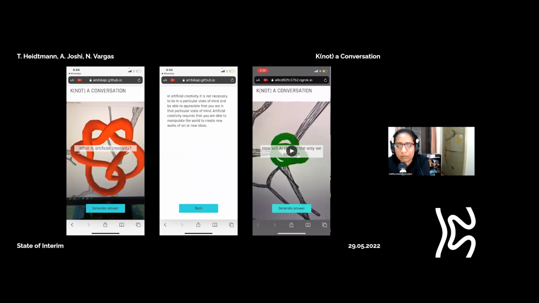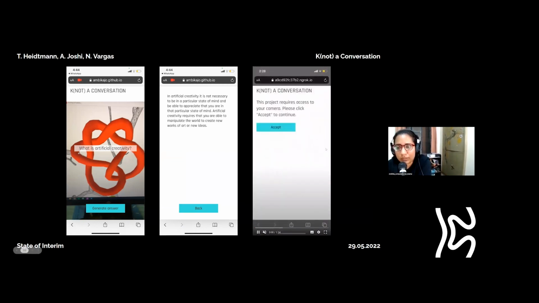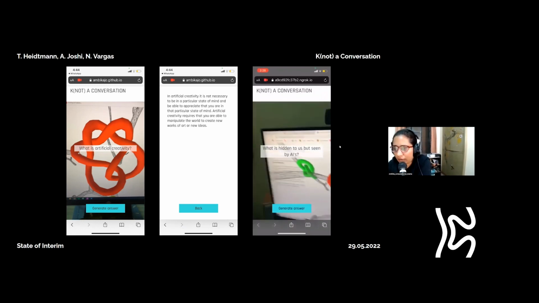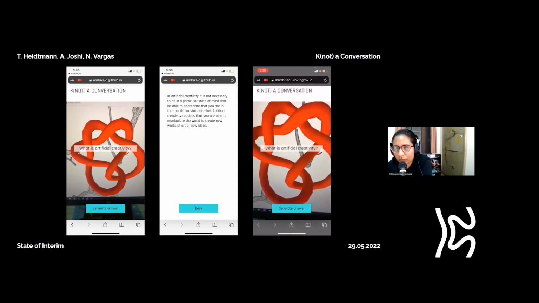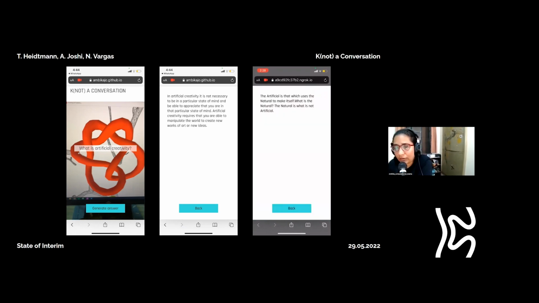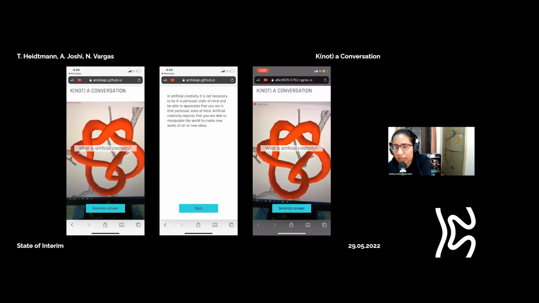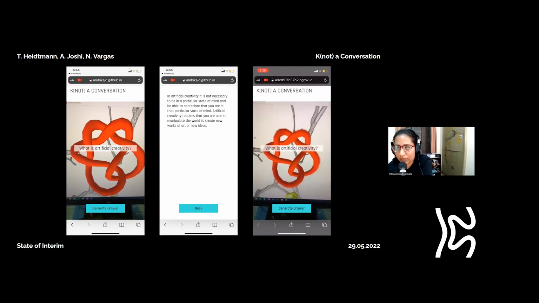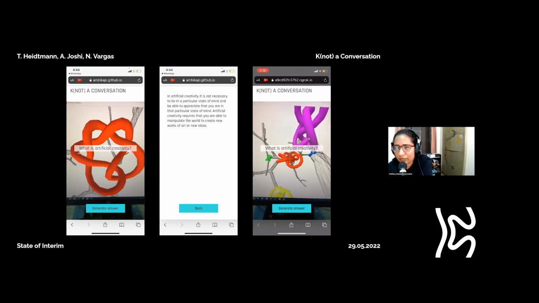This is more of a behind the scenes of the building of the app. But once you're in the app, your walkthrough will be pretty simple. This is the camera view that you'll get. You can aim your phone camera at any of the particular knots in the sculpture, and it will push a small question, here it says, what is artificial creativity? And as you say, generate answer, it will take a bit of time, and it will generate an answer